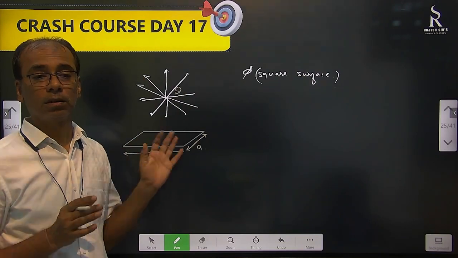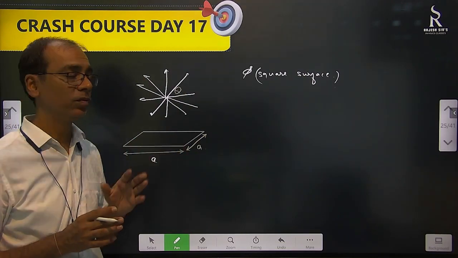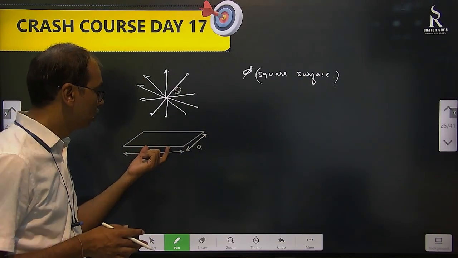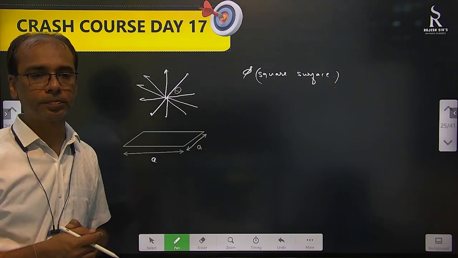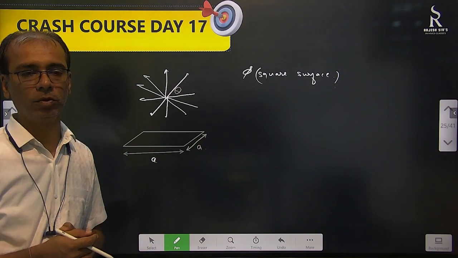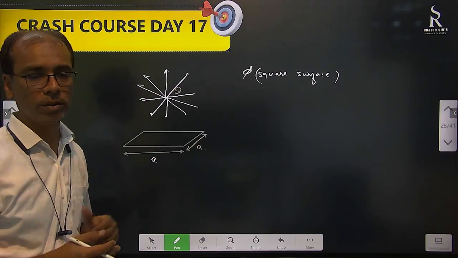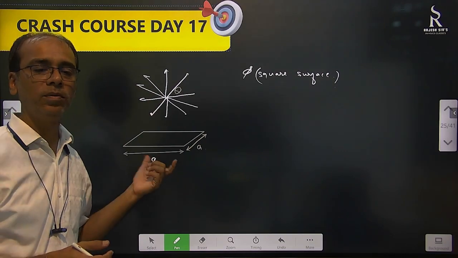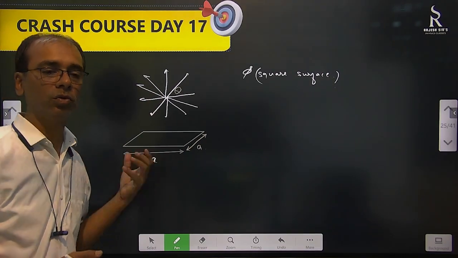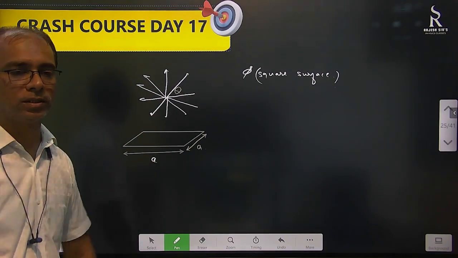So which Gaussian surface can we make? We have to think about whose part this is. We can say it's a part of a cube. So we have to make a cube around it. A cube around it means how many surfaces? Six. So this can be one of the surfaces of that cube. So through this one, the flux will be 1/6.